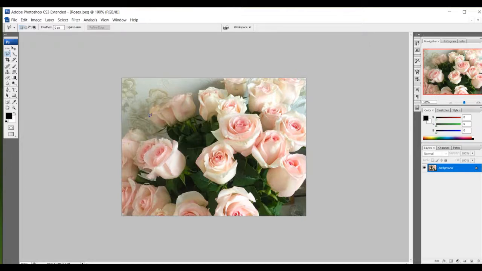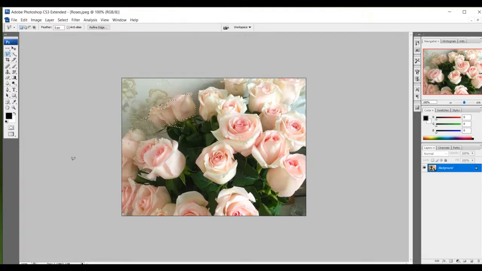Suppose I want to select these three flowers. Whatever we select will get selected only in straight lines, not in an irregular area. When I stop selecting, just double click on it.